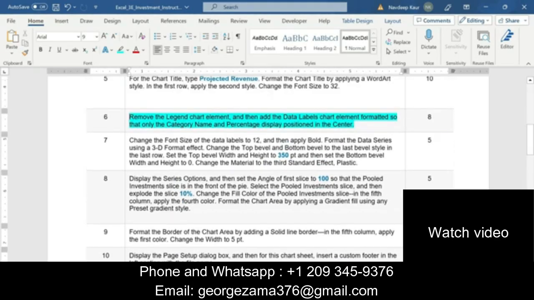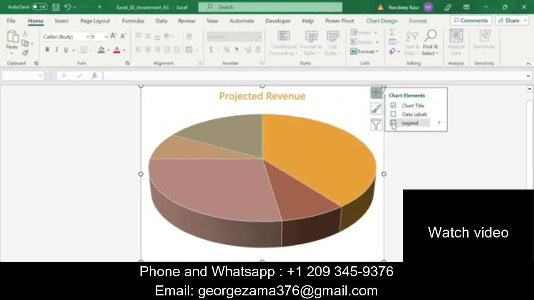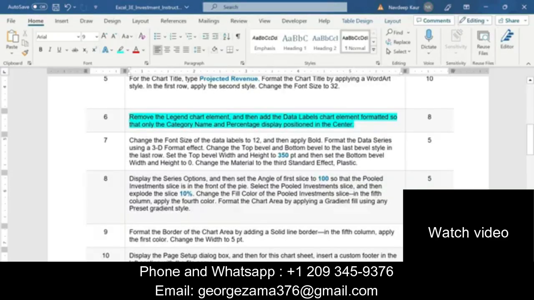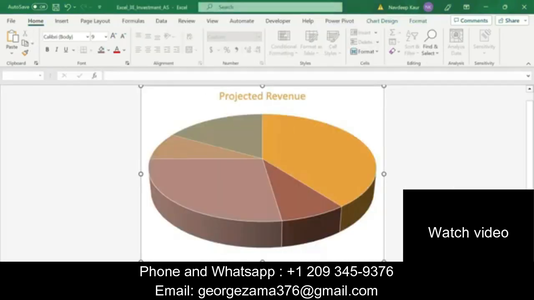So step number 6 is: remove the legend chart element and then add the data labels chart element formatted so that only the category name and percentages display positioned in the center. So first we are supposed to remove the legend from the chart. So we will go to the chart elements and we will deselect the legend. So you can see that the legend has been removed from the chart. And now we are supposed to add the data labels. Position of the data label should be center, and the data label included should be the category name and the percentages. So we will go to the